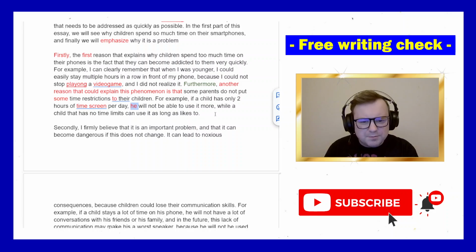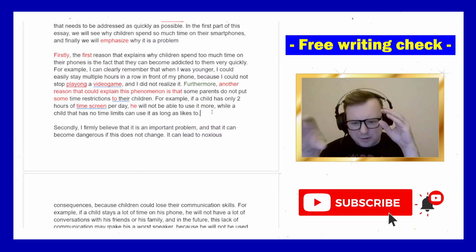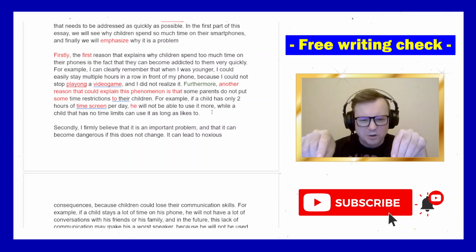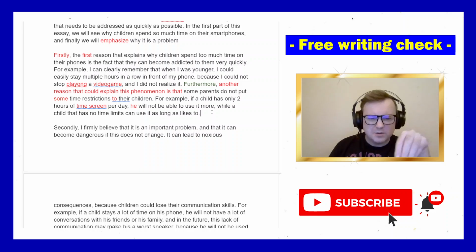He will not only be able... Okay, for example, if a child has only 2 hours of screen time per day, he will not be able to use it more, while a child that has no time limits can use it as long as likes to. Can't drop the subject here, as long as he or they... But yeah, so